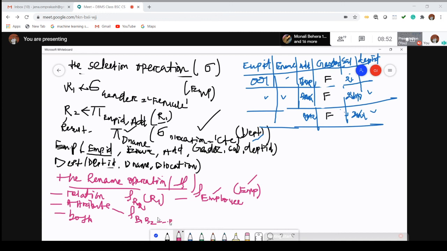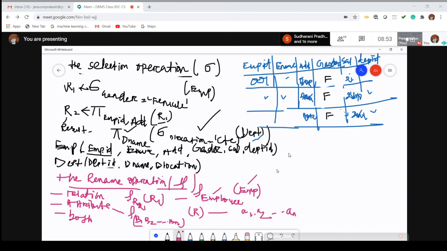There will be n number of elements, renaming those values from R. Let the original relation consist of the values A1, A2 up to An. After renaming the attributes, it will be converted to B1, B2 up to Bn.